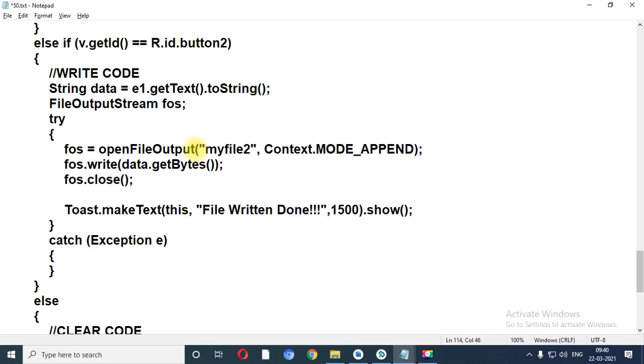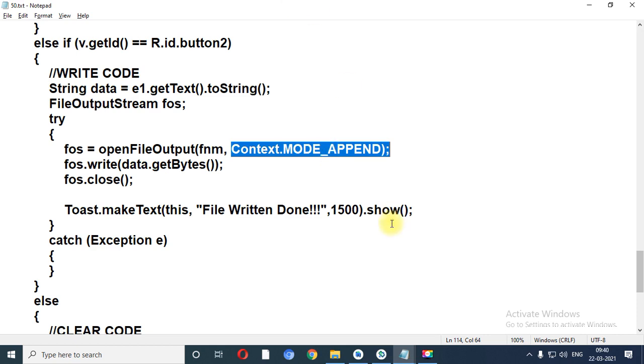In this way also you can give the name, but right now I use the name of the variable, that is FNM. Now over here you can write any mode, but right now I have used append mode. Now what is the use of append mode? Append mode will preserve your older content and add new content at the end of your file.